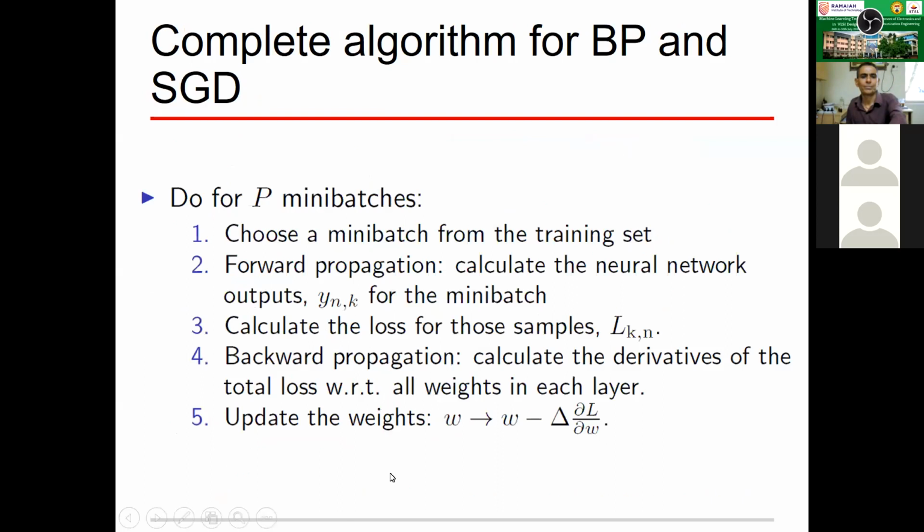So this is the algorithm for doing the back propagation, and choose a mini batch size for the training set.